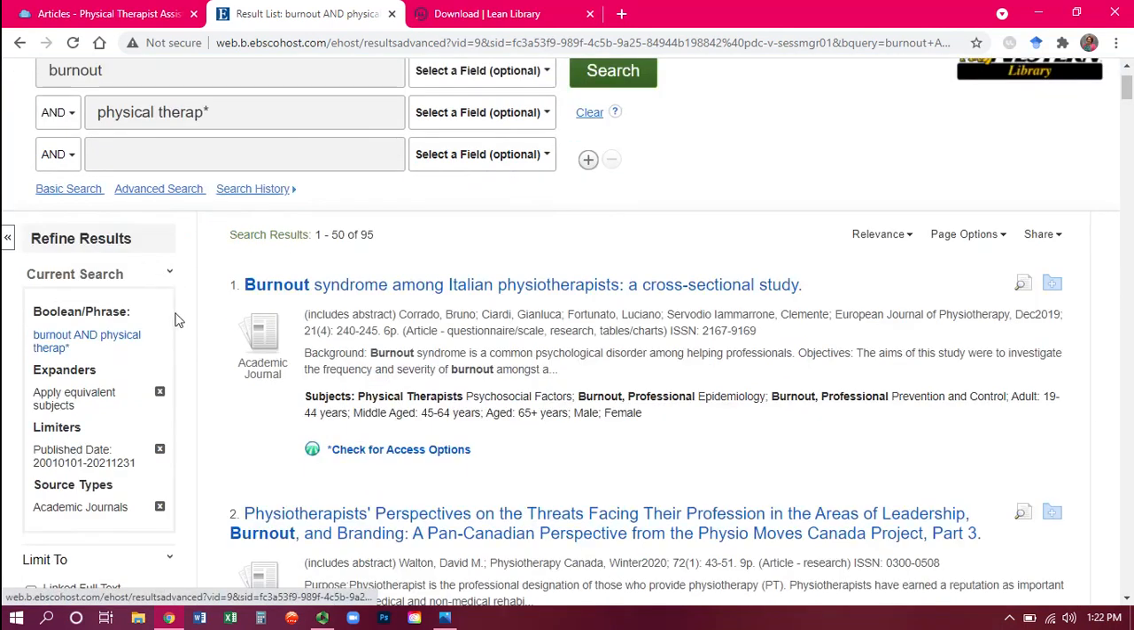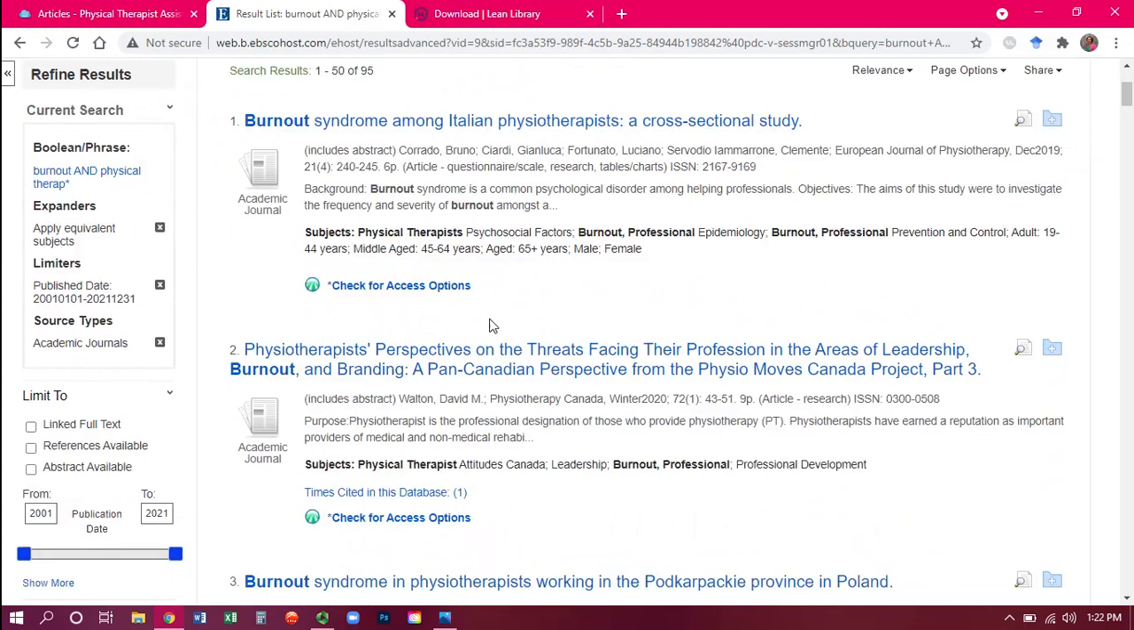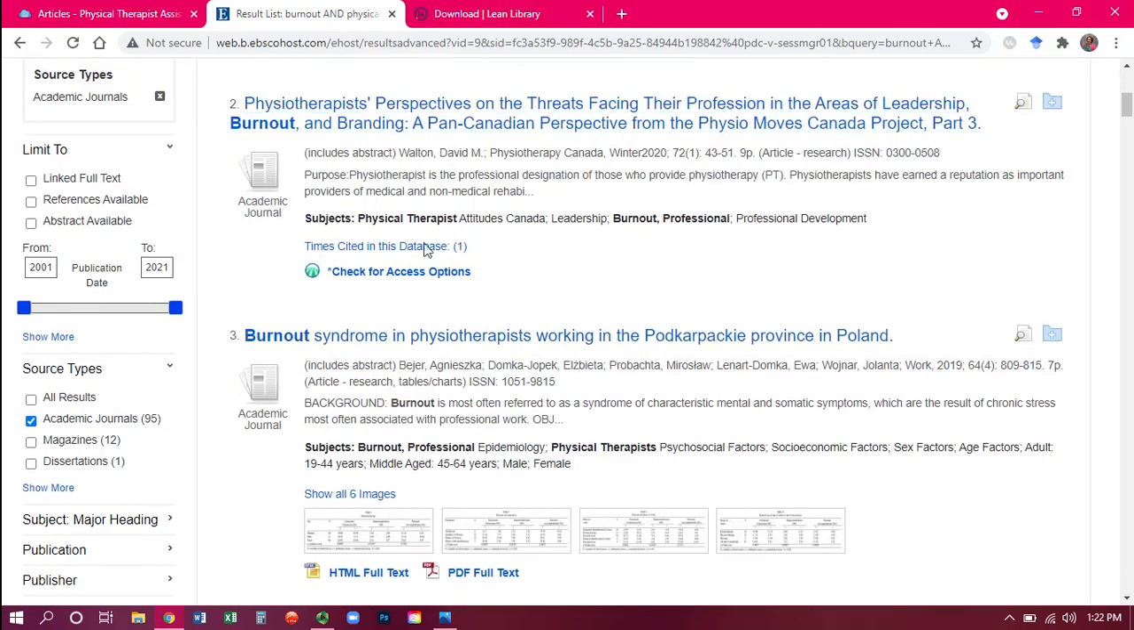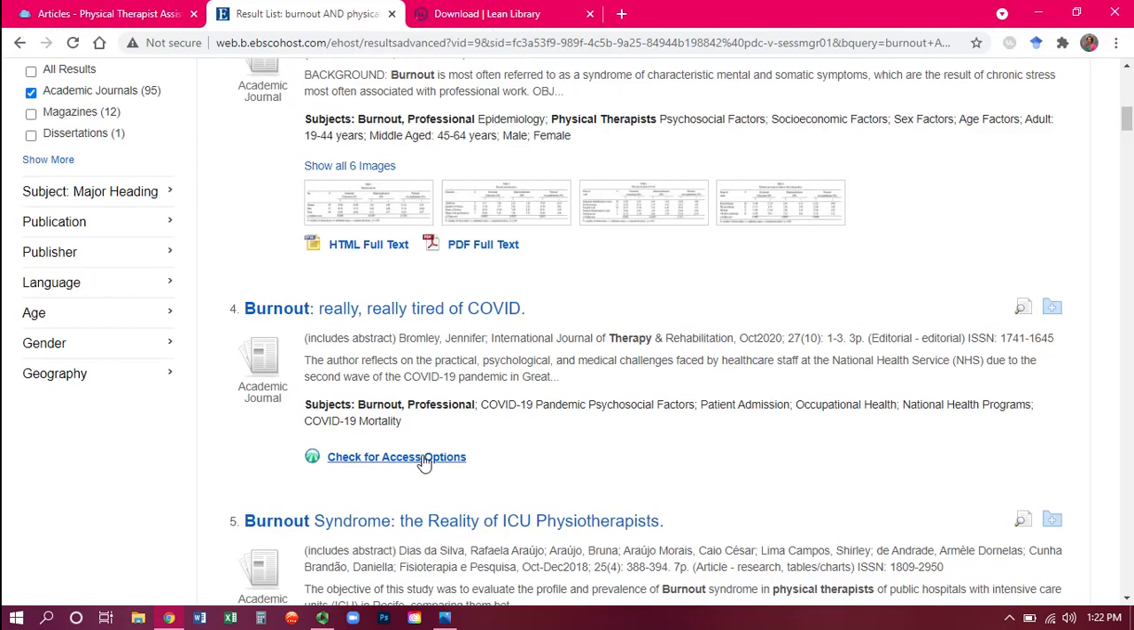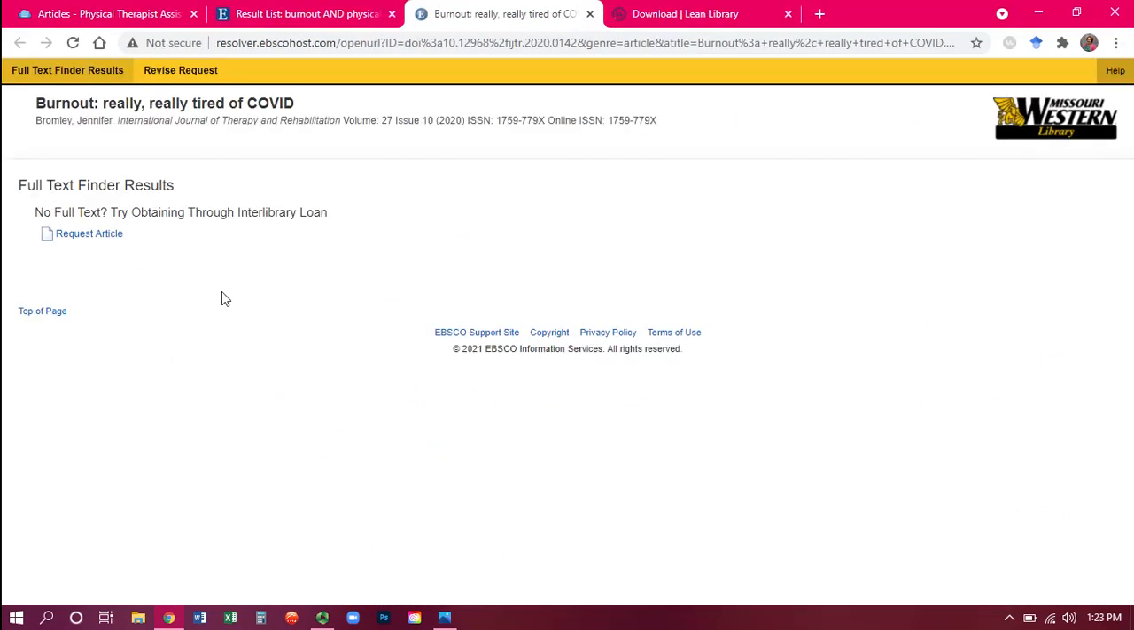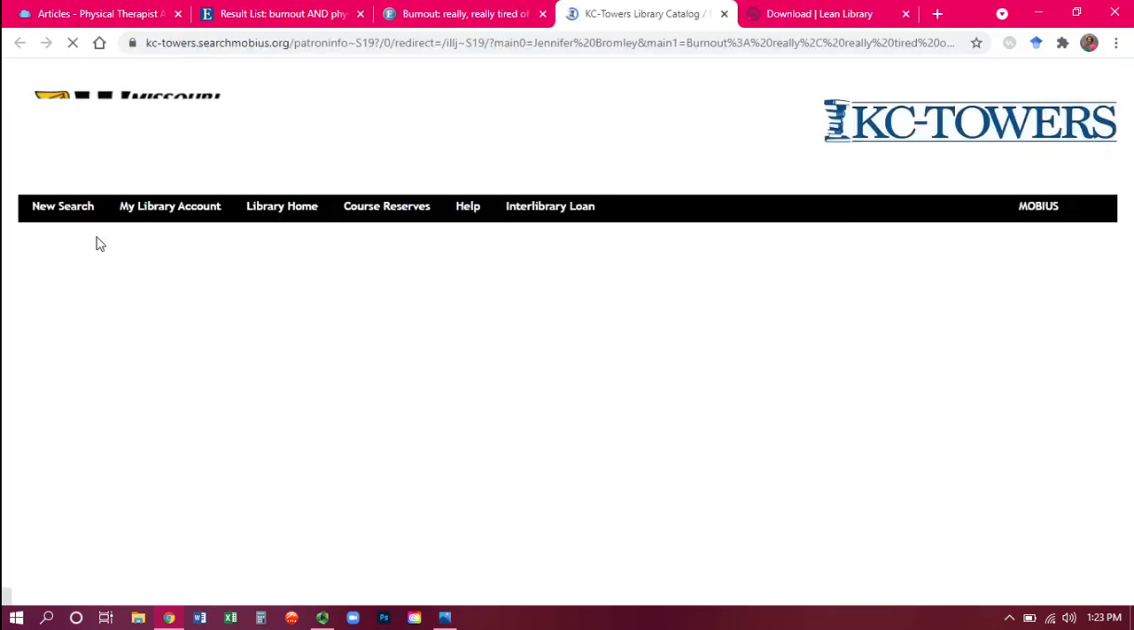Now, you'll notice this says check for access options right here. You'll see a few of these like that. So I want to click on one of these. As you can see, that shows that we don't actually have access to this article. So I want to show you how you can order that article through Interlibrary Loan. So if you click on Request Article,